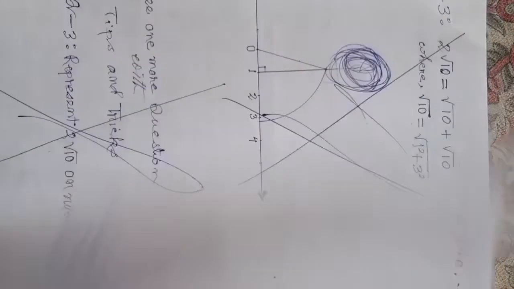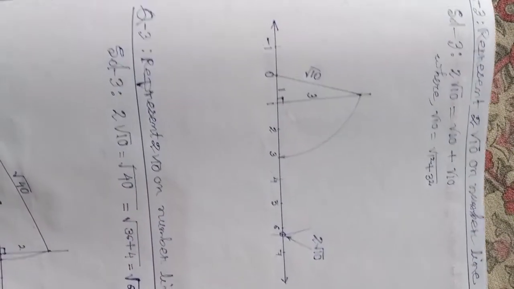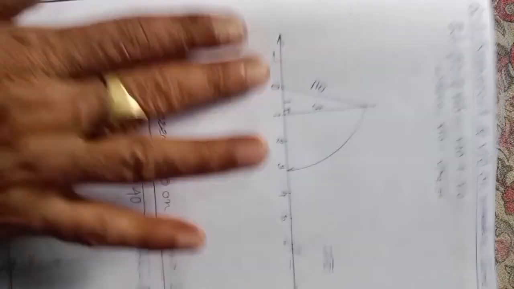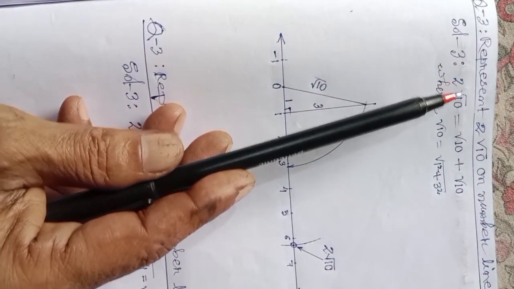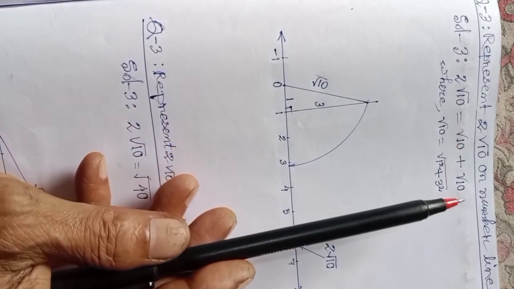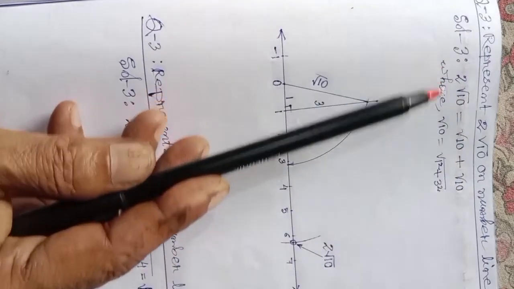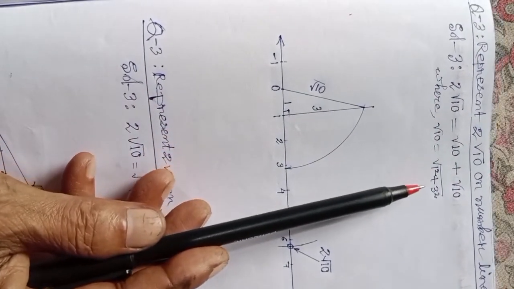How you will answer? Here there is no restriction by the questioner. Okay. Questioner wants that 2 times root 10 should be shown on the number line. So here a student can adopt 2 methods. You see the solution. First one is like that. Solution 3: 2 root 10 equal to root 10 plus root 10,